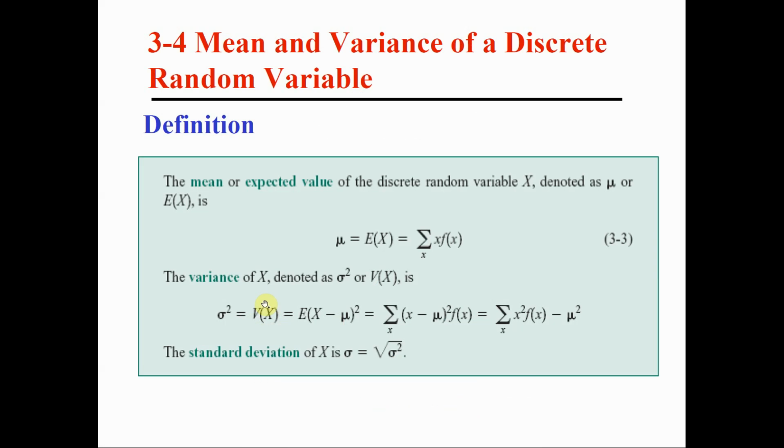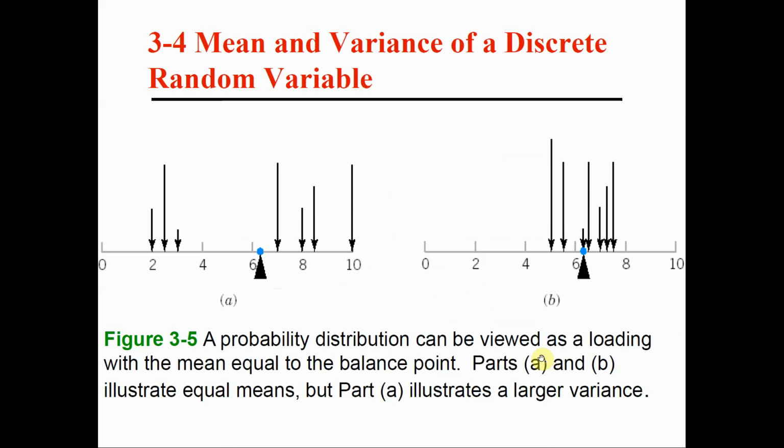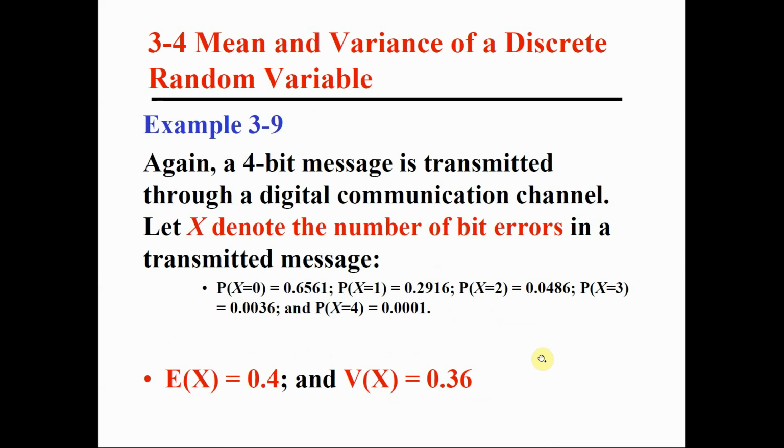So the variance of X has a basic fundamental definition. We talked about it enough, but this definition is equivalent to the summation of X squared times the probabilities f of X, and then at the end minus mu square. Mu here is calculated using this step. So if you want to calculate the variance, we should calculate the mean first, and then we calculate the variance in which the mean appears, but we have to square it. The best thing to do is to see an example in which we do the calculation